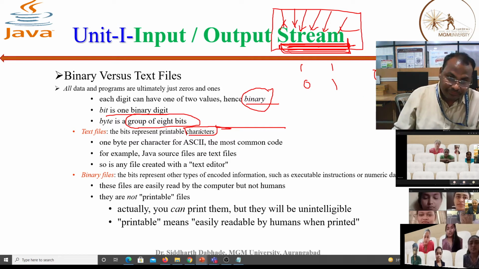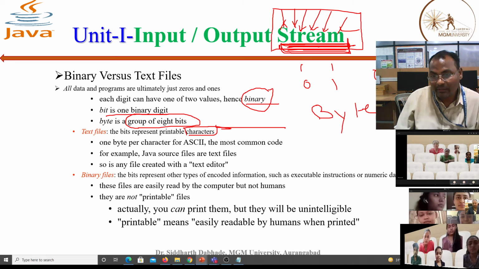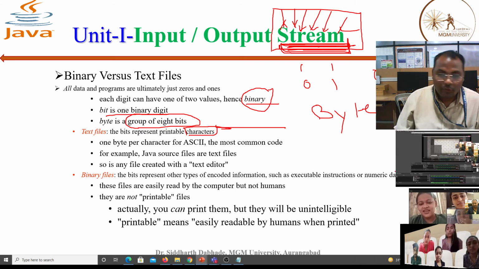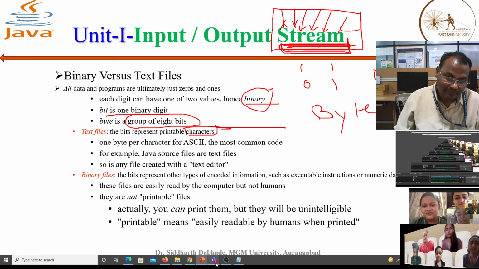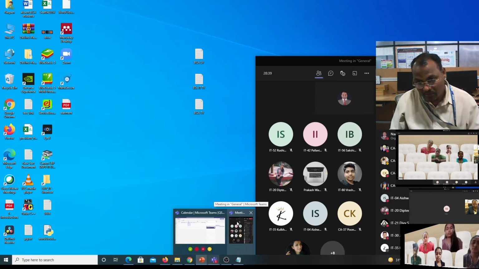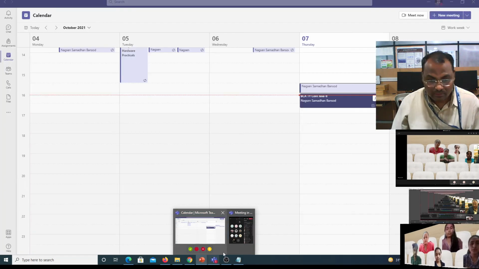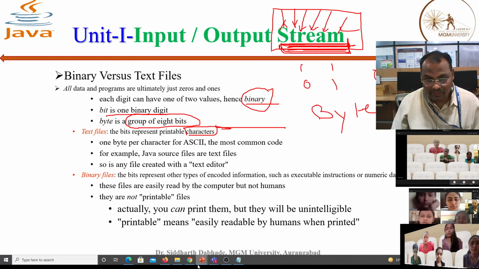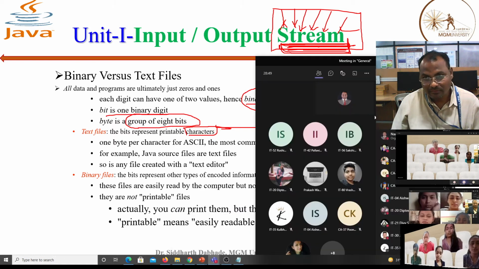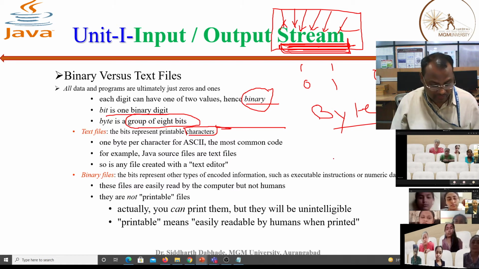So you know, 1 byte is equal to how many bits? Jaswant Singh. What is the answer to this question, Jaswant Singh?